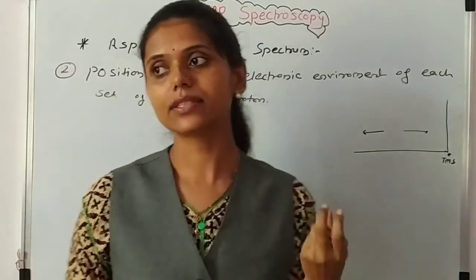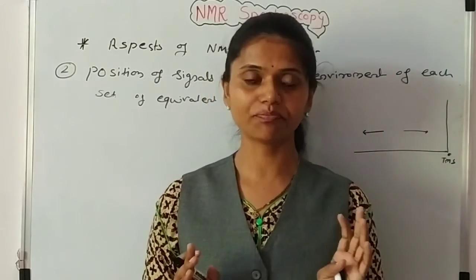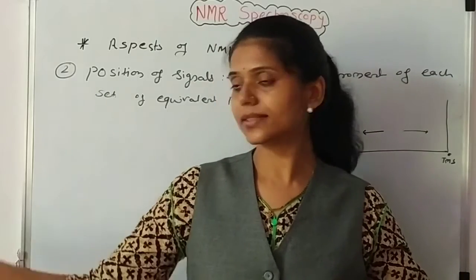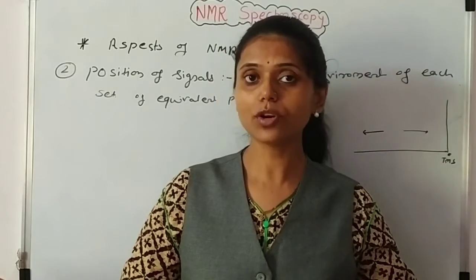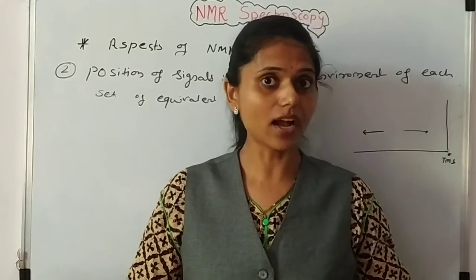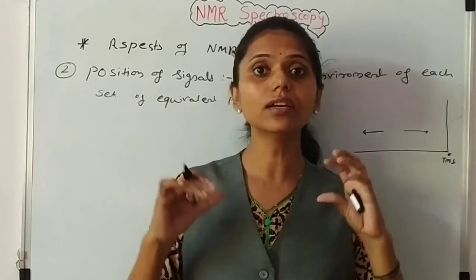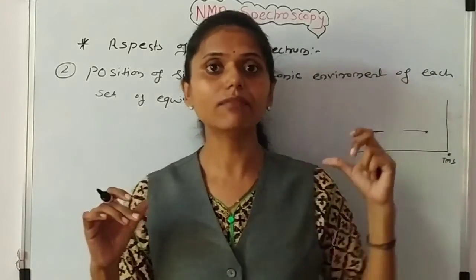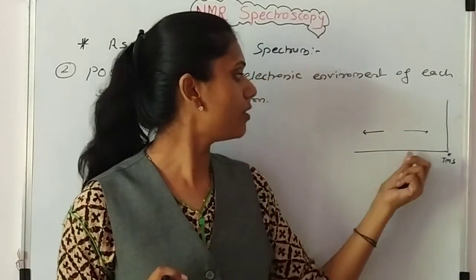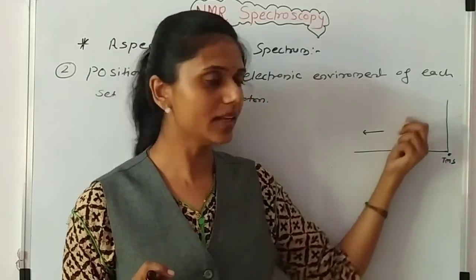For this I have taken one example. Suppose I have a CH2 group. On this side I have a CH3 group, and on this side I have a CH3 group. Here again the CH3 group has high electron density, and again electron density is high. That means I have a particular environment. Okay, in this case, I have a position in this NMR spectrum in any position.